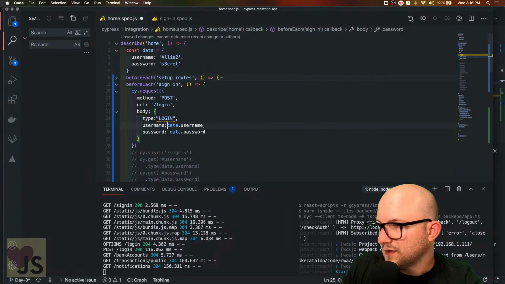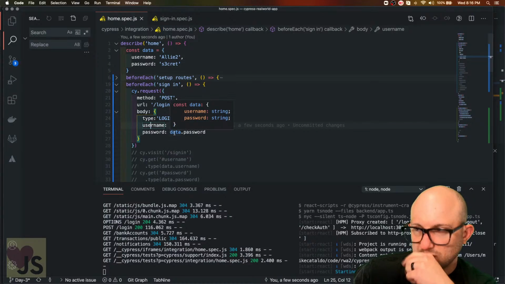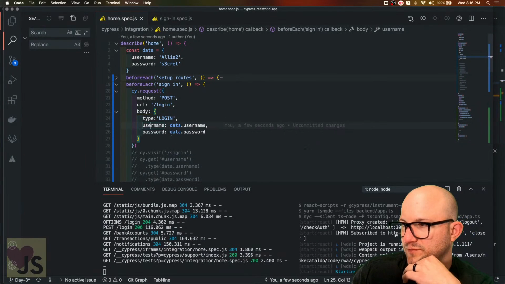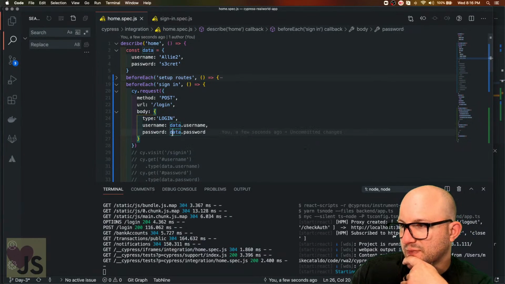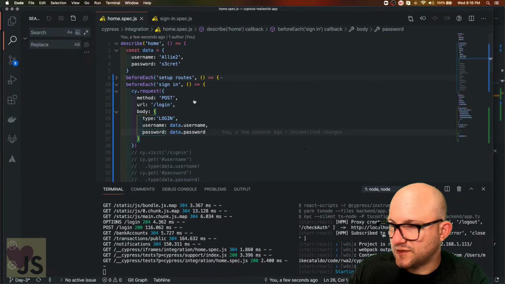Okay, and clean that up a little bit. Okay, so let's see, we've got type, username, password. I think that's it. So let's take a look